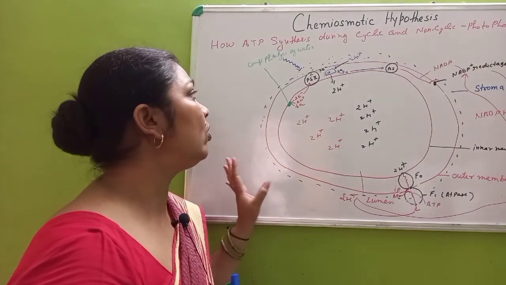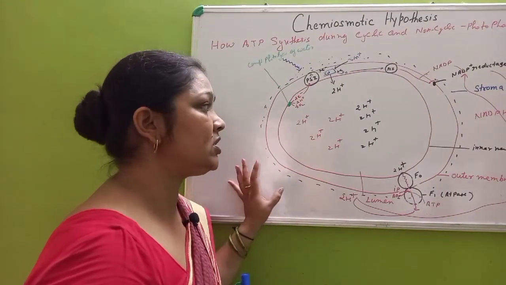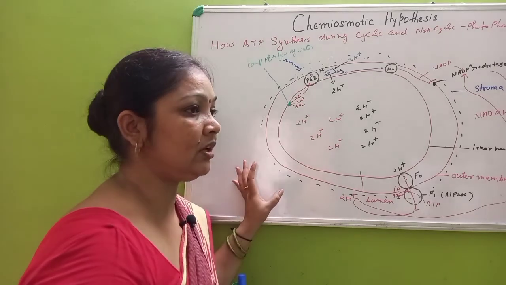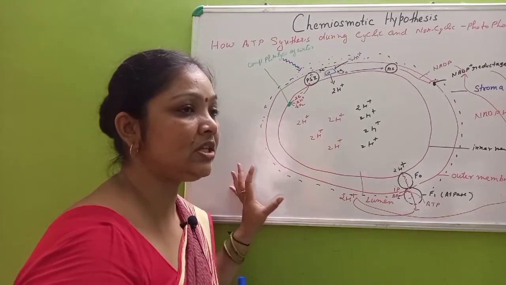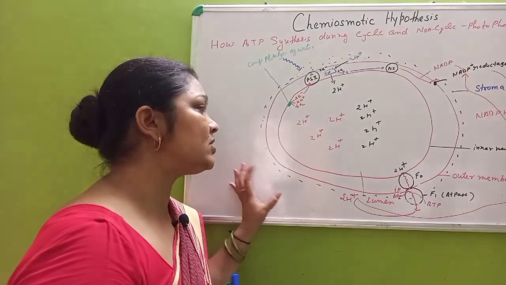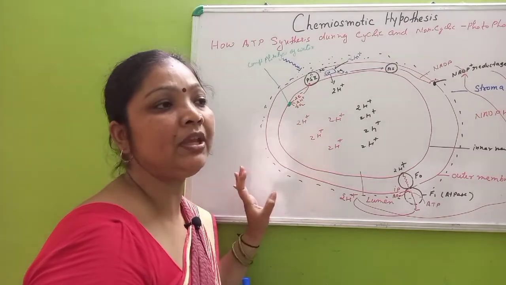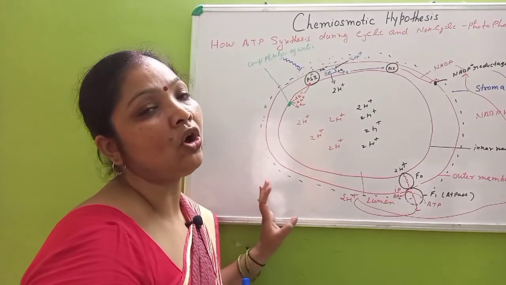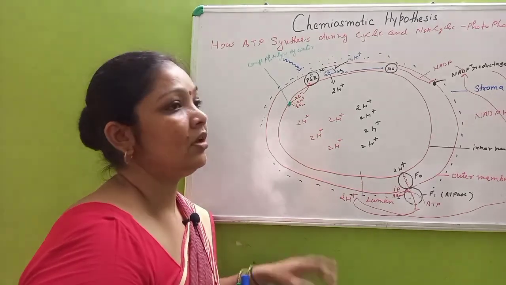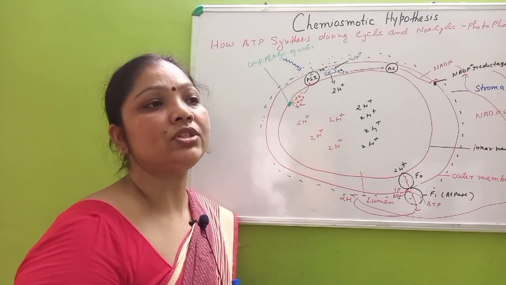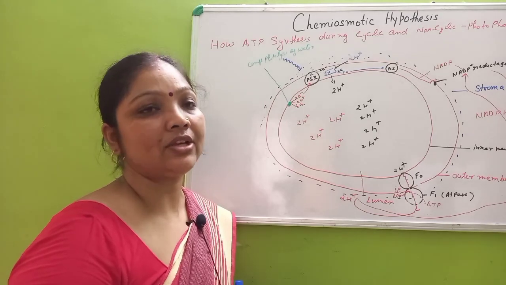So this is the chemiosmotic hypothesis. Due to the concentration gradient, the formation of ATP takes place, and this is how the formation of ATP occurs during the non-cyclic process. So next we are going to study the dark reaction. Now the light